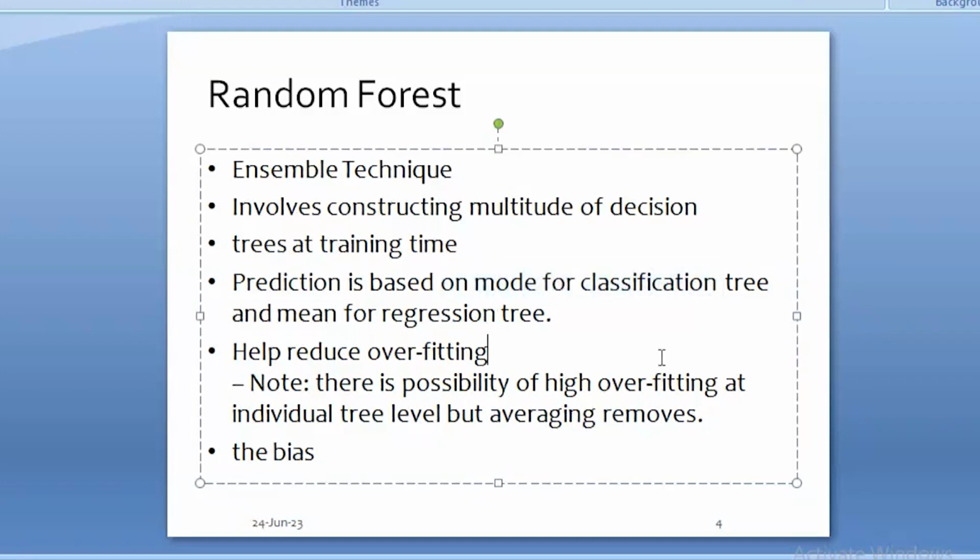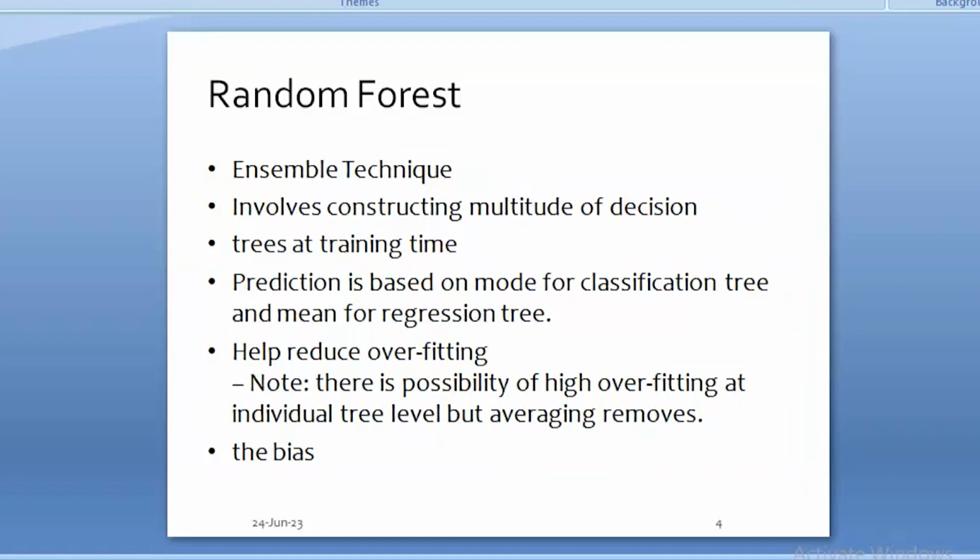And if 5 trees are predicting different values of income, then the final prediction will be the mean of all those 5 trees. That is what I mean by mean for the random forest regressor. So this is what is actually happening as far as the final prediction by a random forest classifier or a random forest regressor is concerned. Now suppose I just show you,